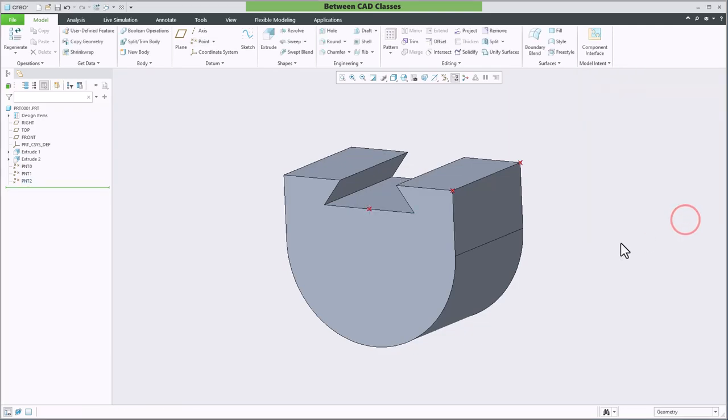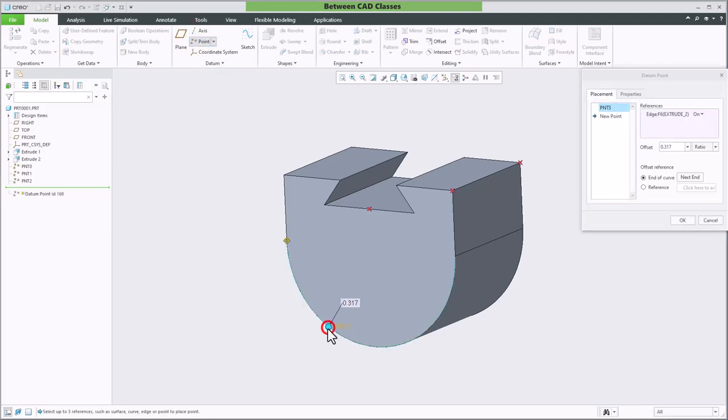Then click OK. This can be done on a curve as well as a straight line. So once again, I'll select the point tool and click on the edge of a curve. And then once more, I can adjust its location. If I want it to be right at the midpoint of that curve, I'll go ahead and put in 0.5